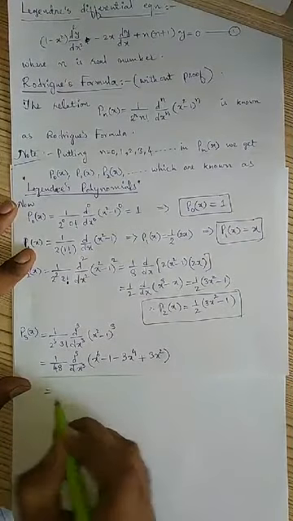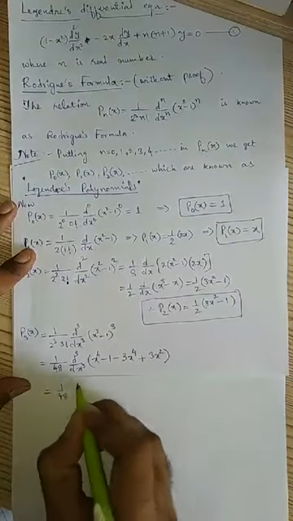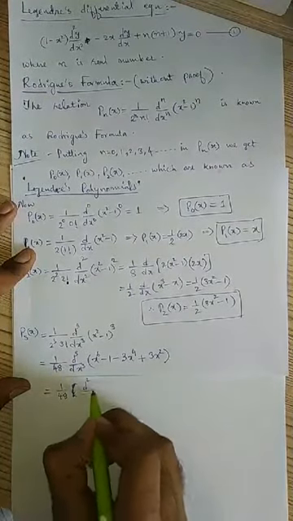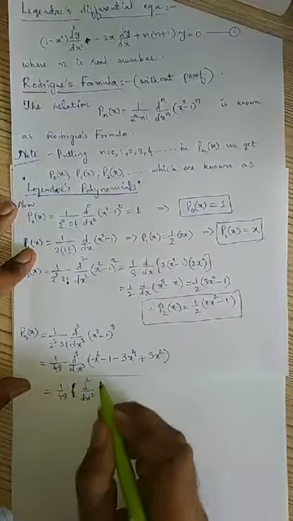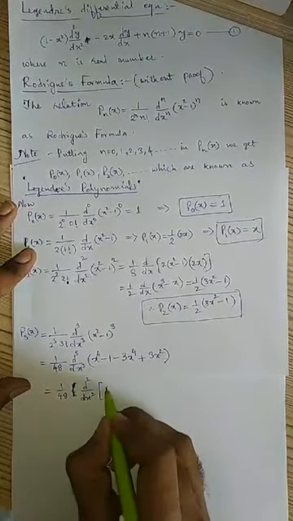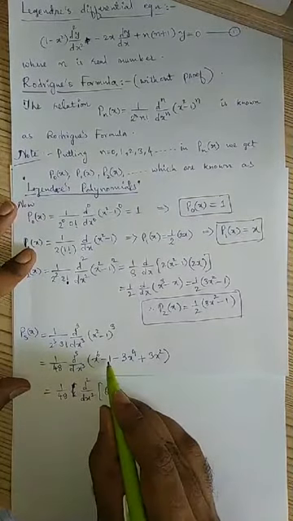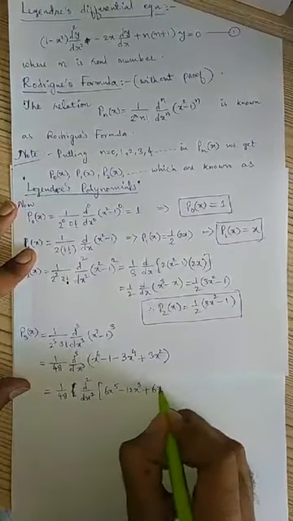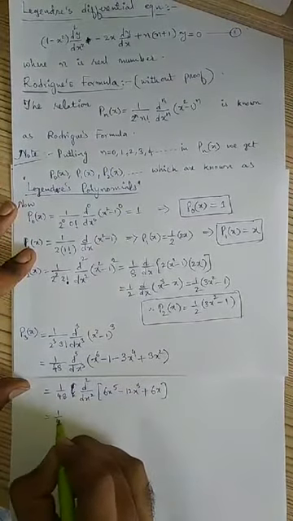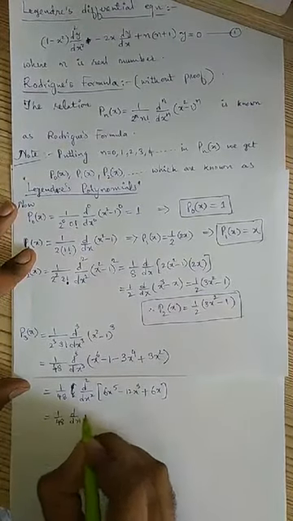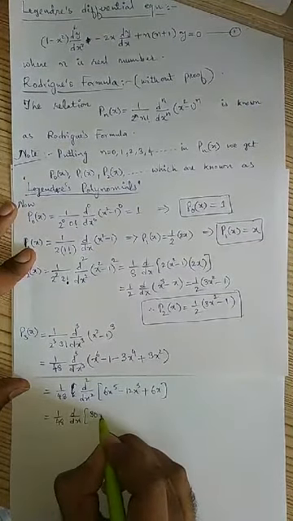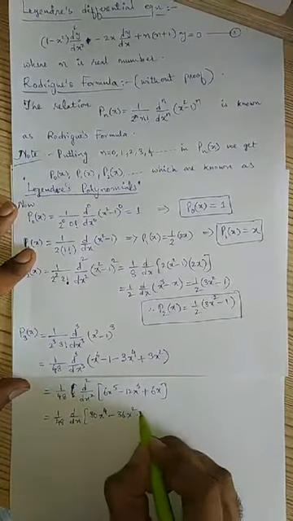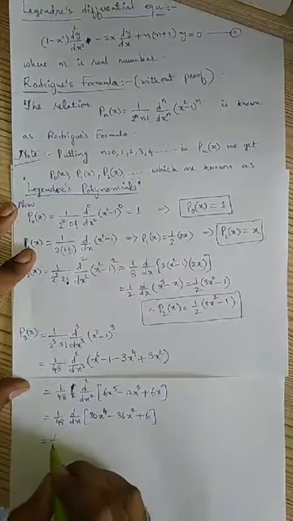Now further, this is equal to 1 by 8 into, let us differentiate this. Okay, first derivative I have to apply. Two derivatives I am keeping as it is, d square by dx square. So first derivative will be 6x power 5, derivative of 1 is 0, minus 12x cube plus 6x, right? d by dx as it is. One more derivative I am applying, 30x power 4 minus 36x square plus 6.